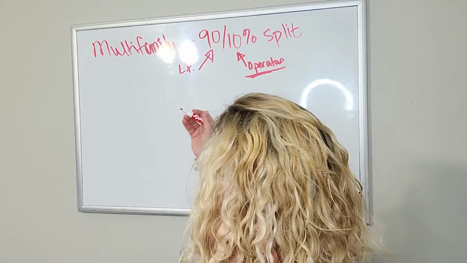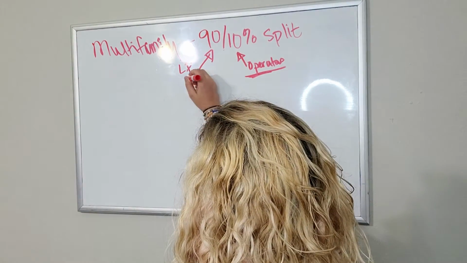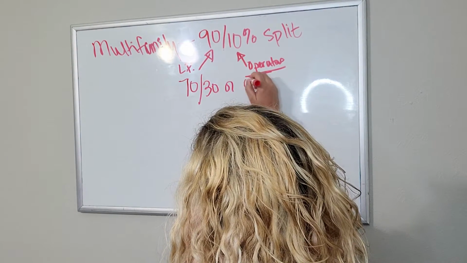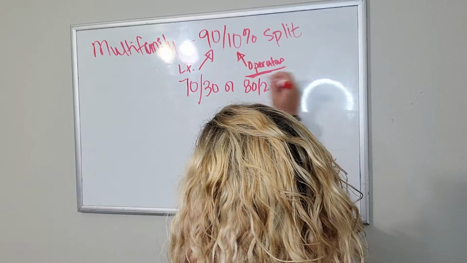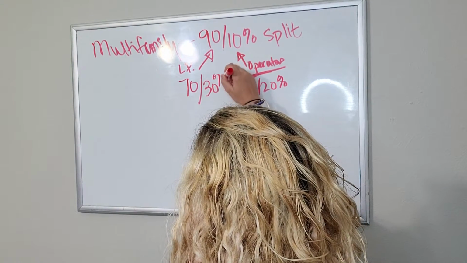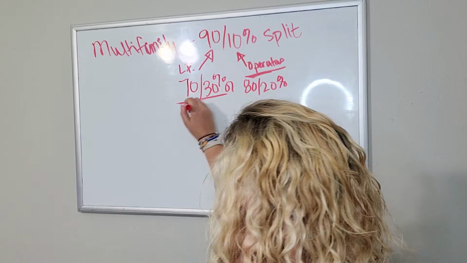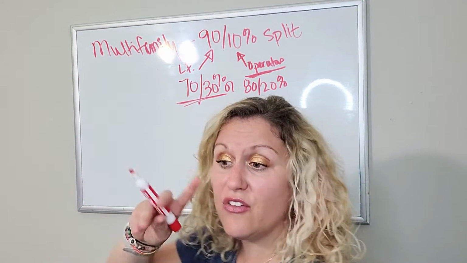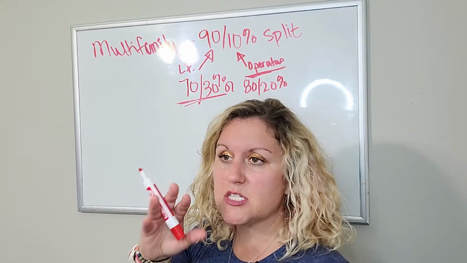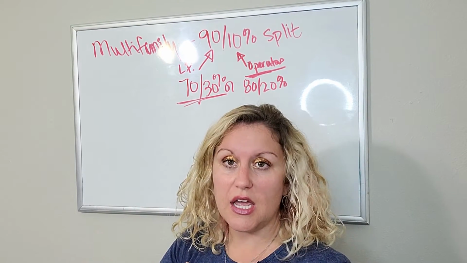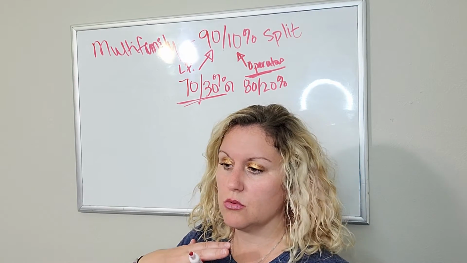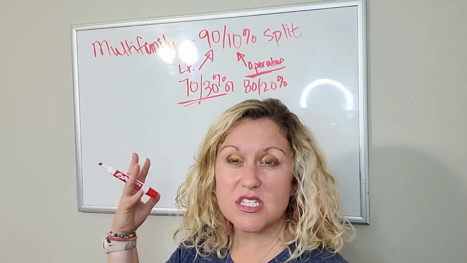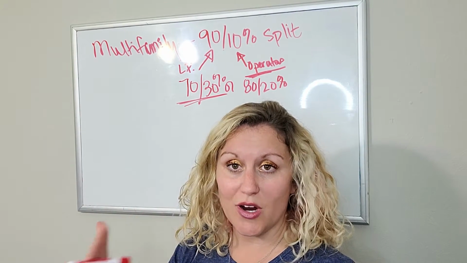So a very, very common split is the 70-30 or 80-20. Both of these are very common in multifamily. You start to see this along the lines of maybe a heavier business plan to renovate and rehabilitate a project. You might see this split because there's definitely going to be a lot more work and hands-on involvement for the syndication team,